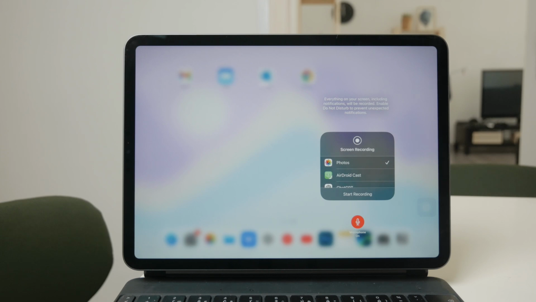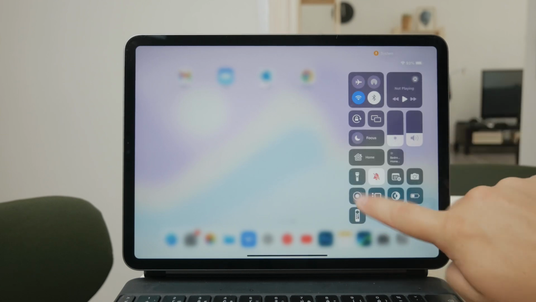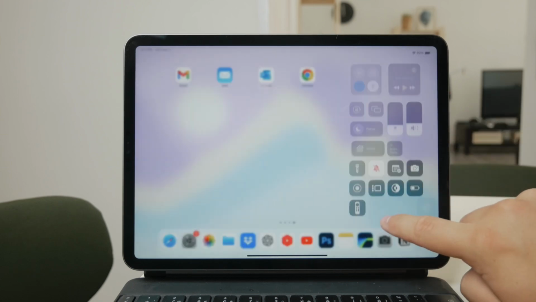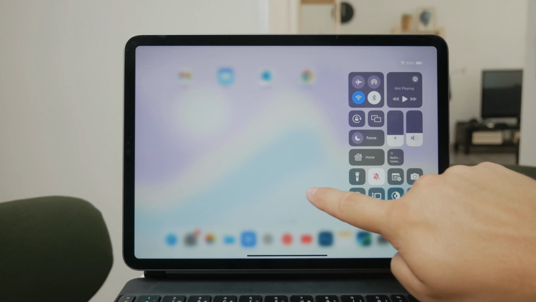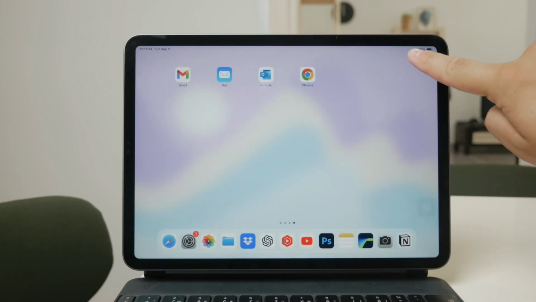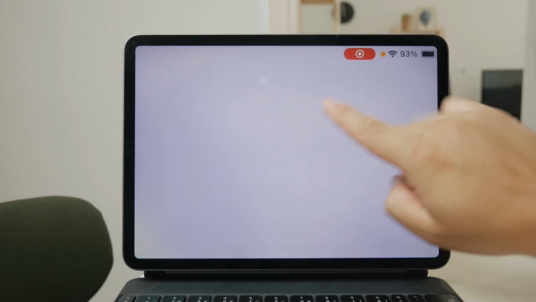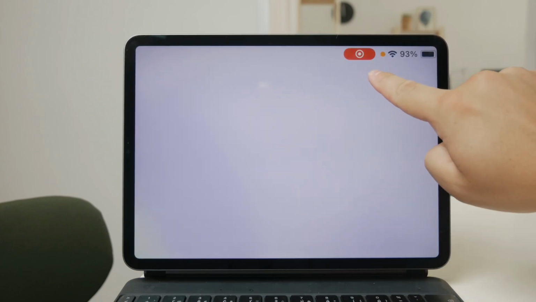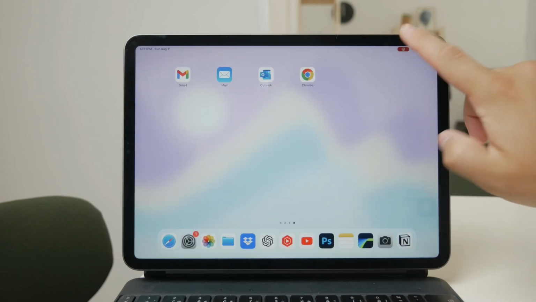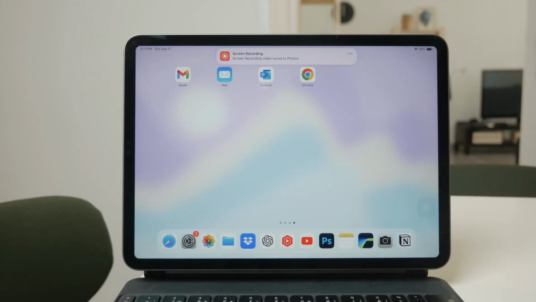While the recording is active, you'll notice a red bar at the top of your screen. This is your indicator that the screen is being recorded. The recording feature is pretty user-friendly, automatically capturing the screen at a standard resolution and frame rate without needing any extra adjustments. It's designed to be as simple as possible, so you can focus on what you're doing without worrying